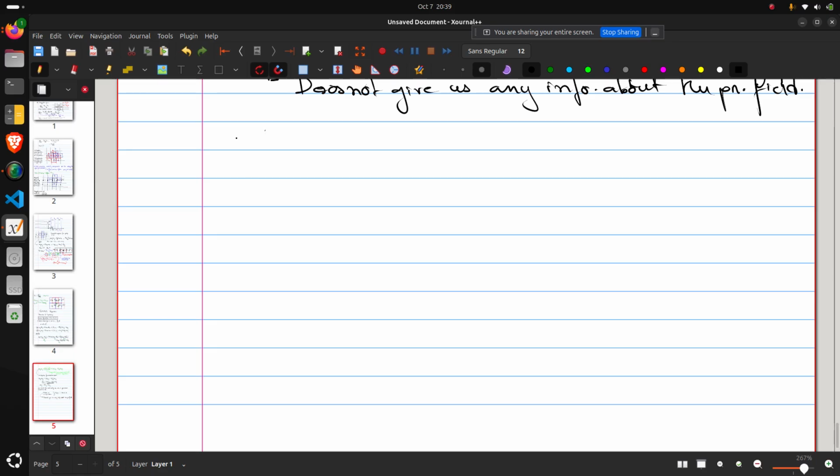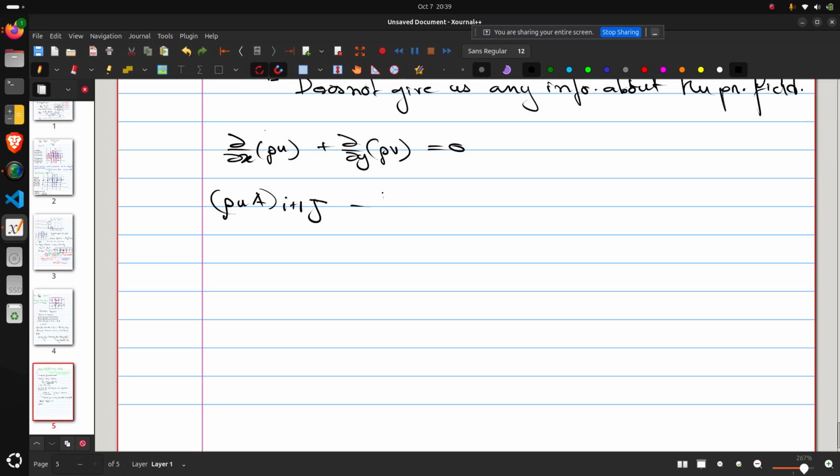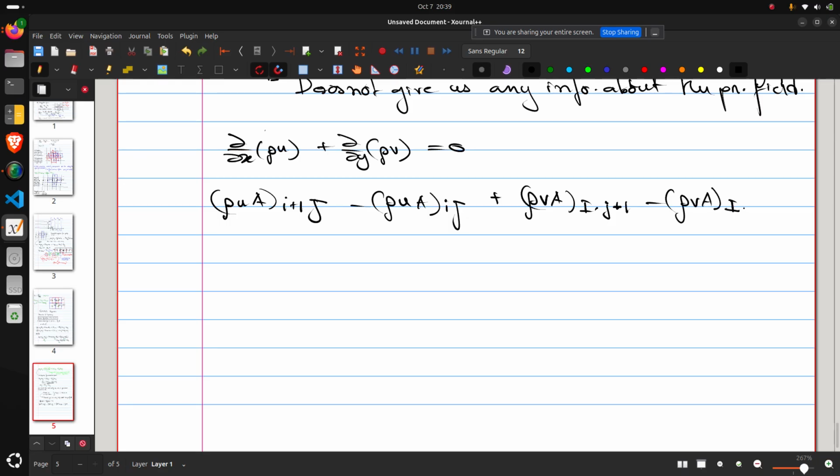So what is the continuity equation? Dou by dou x of rho u plus dou by dou y of rho v is equal to 0. This is the steady mass conservation equation. Okay, and what does the discretized form look like? Rho u a at small i plus 1 capital J minus rho u a at small i capital J plus rho v a at capital I small j plus 1 minus rho v a at capital I small j. Okay,